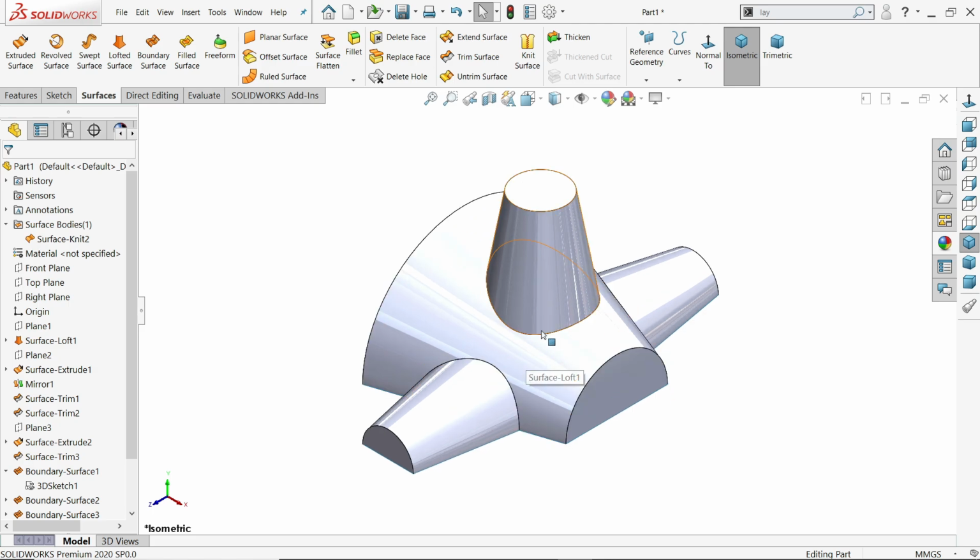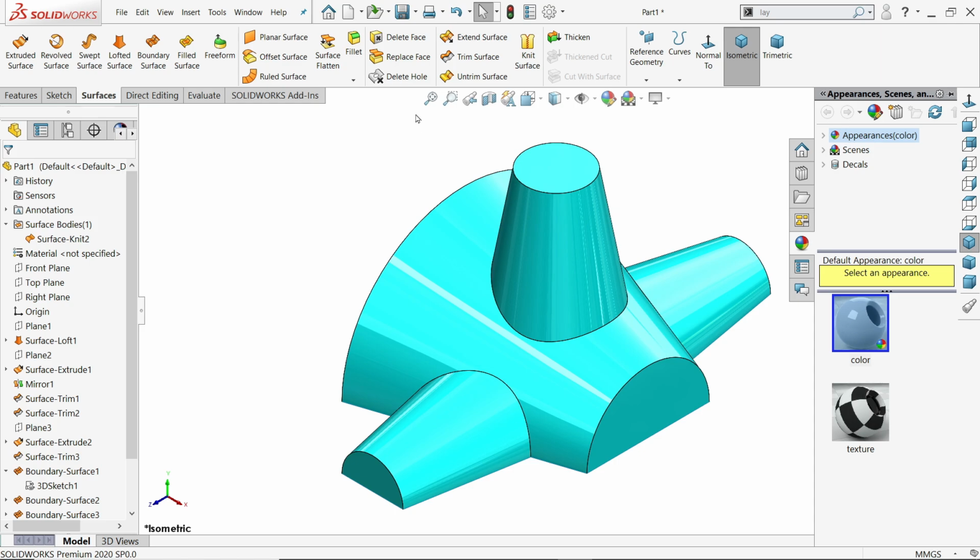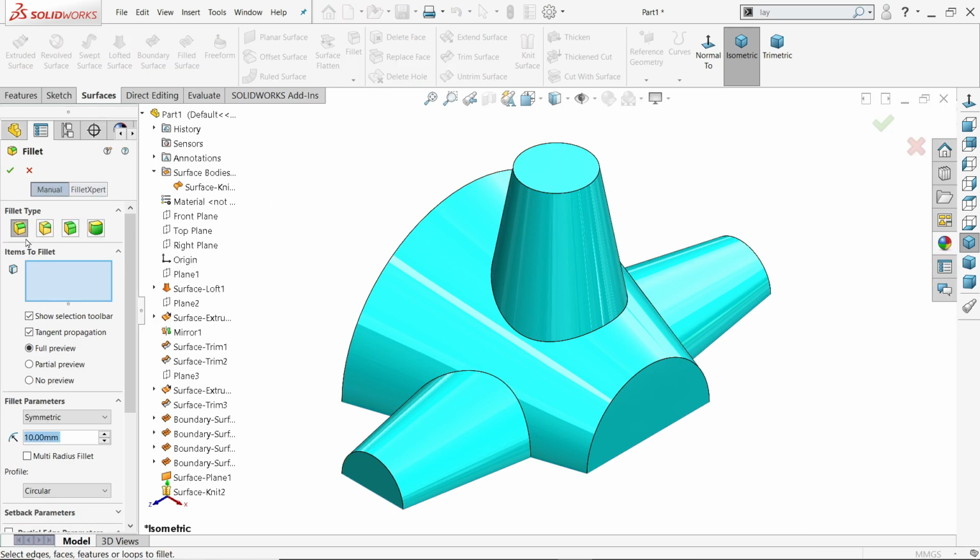Now before applying thickness, let's apply, okay, let's apply a change appearance. First we will apply fillet, constant size fillet, and first is 5 millimeter, and I am going to choose these 3 ends, say yes.